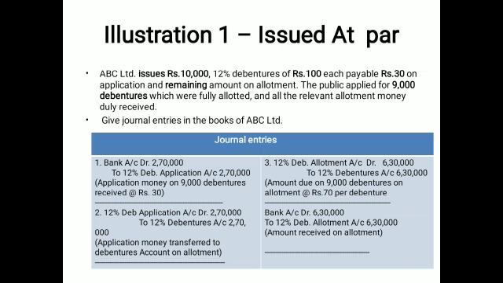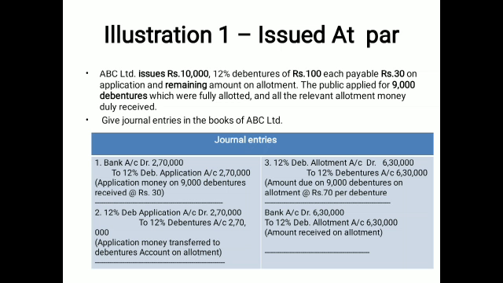The next is 12% debentures allotment, which is 6,30,000. How will you calculate it? 9,000 multiplied by 70. It means this is the due amount now, allotment due. So in allotment, debit means the debentures allotment is debited with the 70. So 70 is going to be transferred to the 12% debentures as face value. That is why it is called the par value, because the debentures issued value is equivalent to the receiving value.